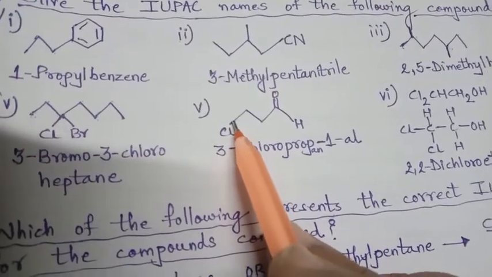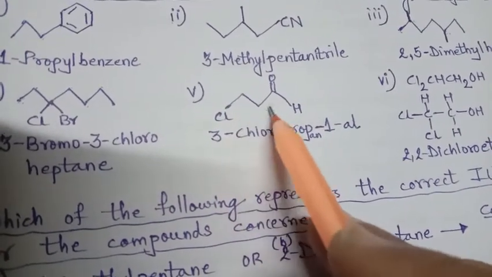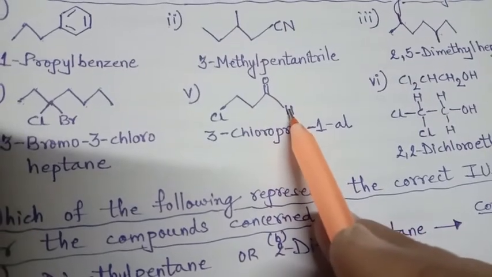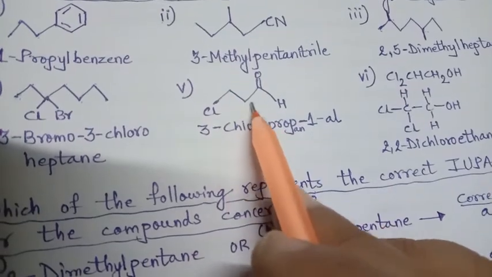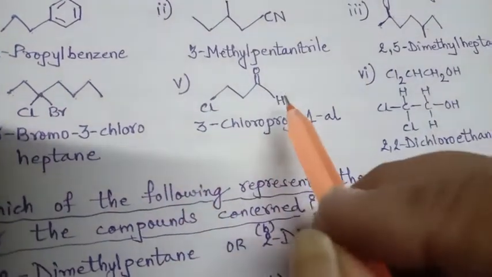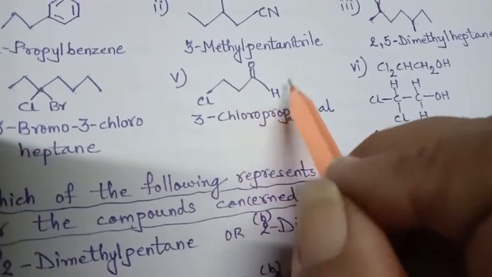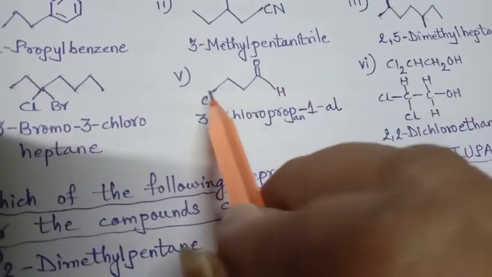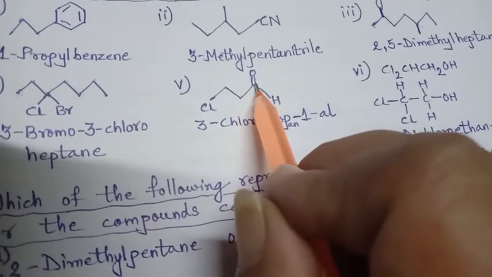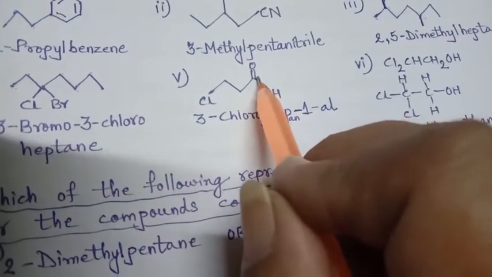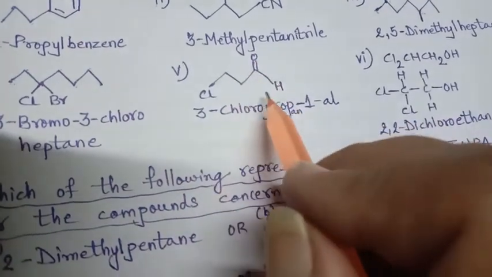The next is, this is not carbon. See, don't make a mistake here. It is chlorine attached here. So this is our carbon. 1, 2, 3. And here also it is hydrogen but no carbon. So now here how many carbon? 1, 2 and 3 carbon. Right? But here what is again there? C double bond OH. So which functional group? Aldehyde functional group. So definitely we will not consider 1 here. We will have to consider the terminal functional group as the first number. So carbon first here 1, 2, 3. So on the third is chloro and on the first is the aldehyde group.